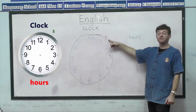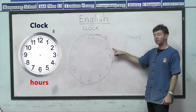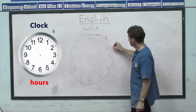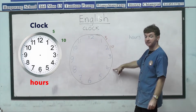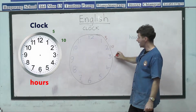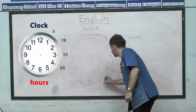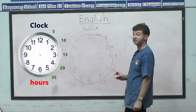This represents how many minutes? 5 minutes. So what do we think should go alongside number 2 outside the clock? 10. Because each time we are moving up in minutes at a rate of 5 minutes each time. How about here? 15, 20, 25, 30,